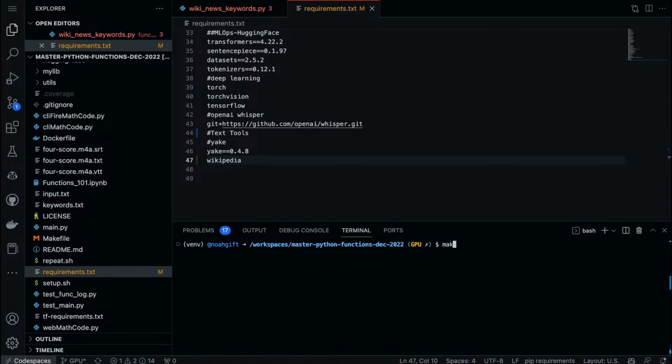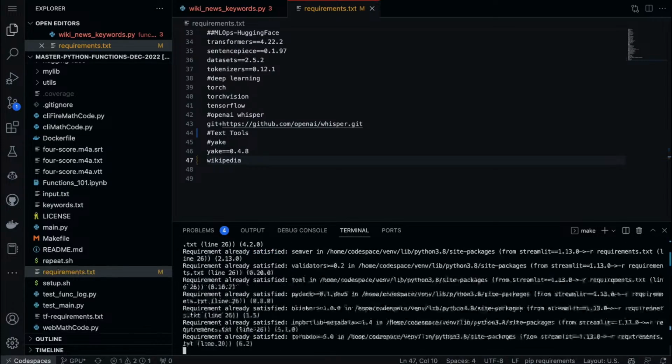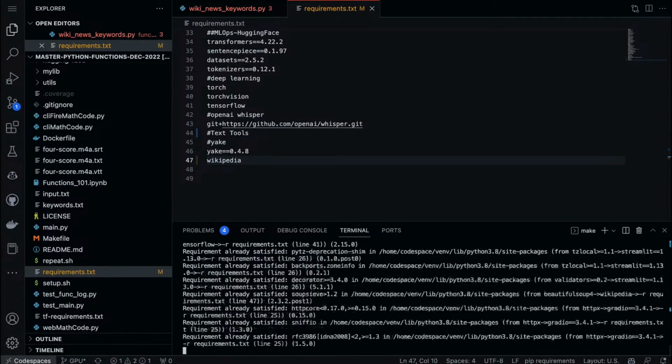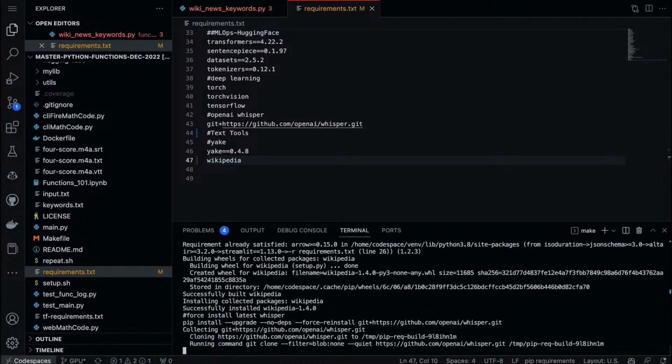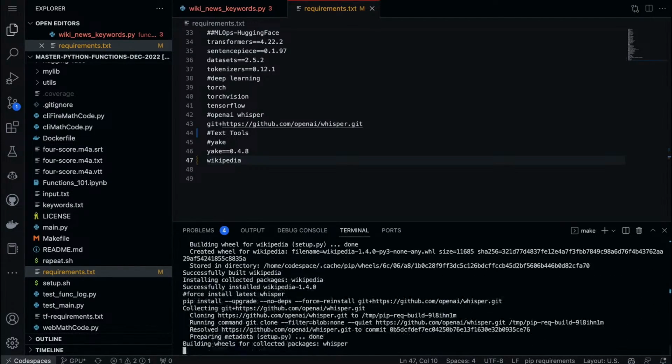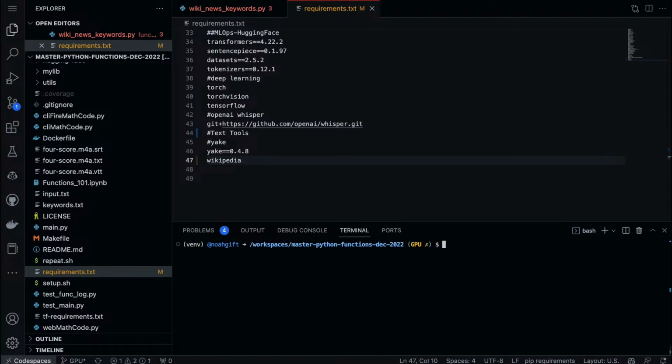And so again, really simple process. The same thing I've been doing the whole time, make install. It's going to go ahead and grab the latest version of wikipedia and put it inside of here. And let's go ahead and find it. Okay, now what we can do is we can say pip freeze grep wikipedia, and we've got the wikipedia version, and we just throw it in there, right?